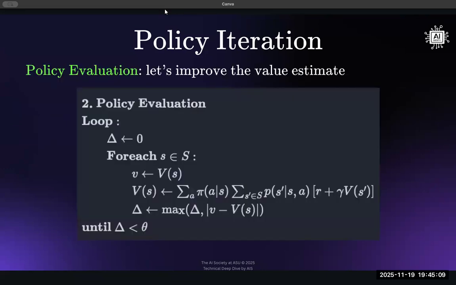So in pseudocode, this is what it looks like. It's a loop, and we're going to initialize our threshold. And then for each state, all states in the state space, it can be a grid, like a grid world, or a robot moving in a little state space. We initialize little v with the current value function, and then we get a new value function estimate using the Bellman equation right here. That's pretty familiar, the Bellman equation that we just talked about: the current reward, and then the discounted future value estimate.